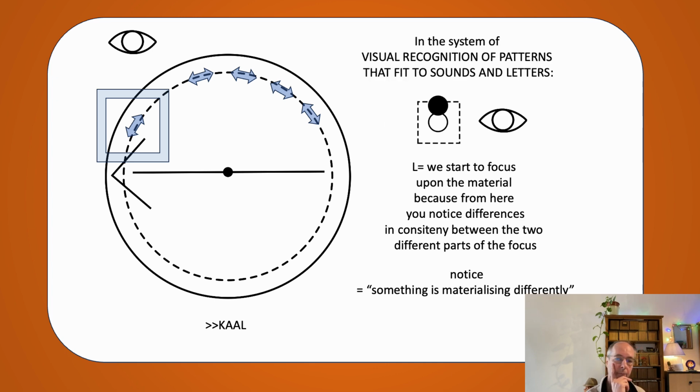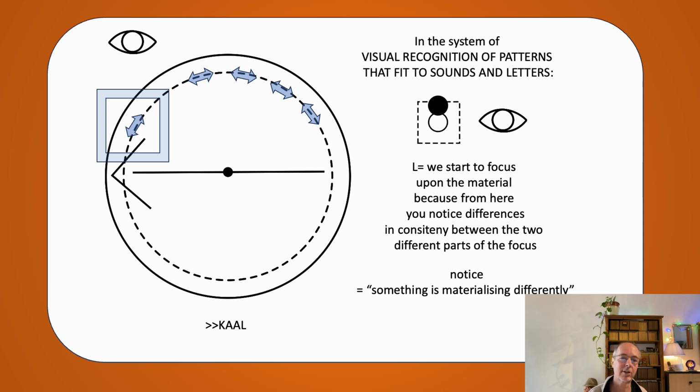Now, if we combine the L with the focus of our perception of pattern recognition, it also has a specific stage of distinction after A, T and K. Here is the L, this is one of the next letters. At that moment when we have the L, this is expressed. We start to focus on the center, a little bit off center, a bit more off center, and more off center, and at every stage we interpret it a little bit differently.